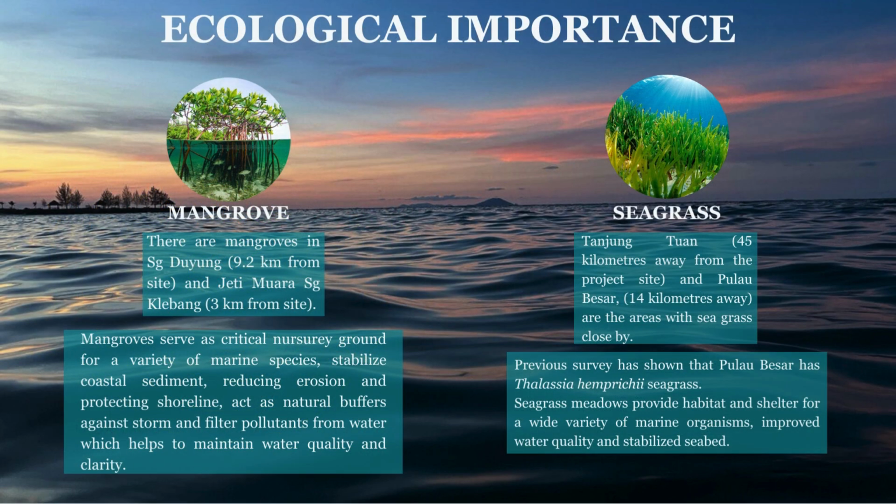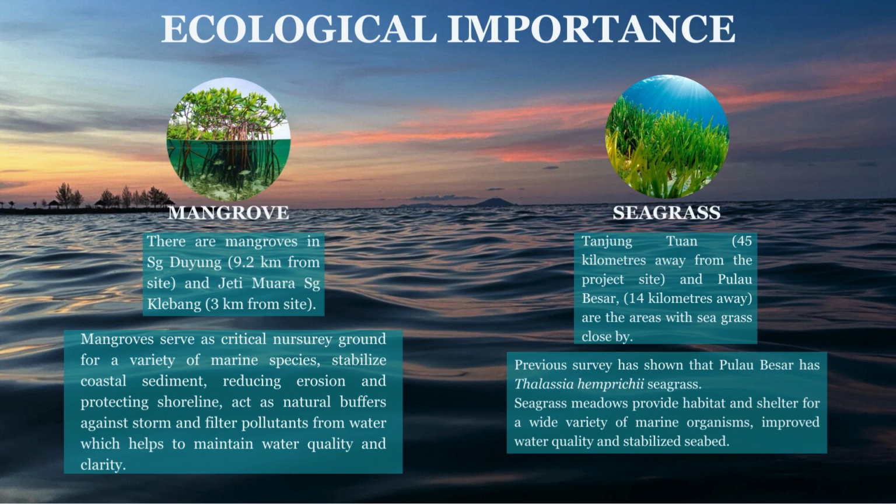In this slide, we are going to talk about the ecological importance of mangrove and seagrass. Mangrove has been found in 2 different locations, which are Sungai Duyung and Jetty Muara Sungai Kelebang. Mangroves serve as critical nursery grounds for a variety of marine species, stabilize coastal sediment, reducing erosion and protecting the shoreline. They also act as a natural buffer against storms and filter pollution from water, which helps to maintain